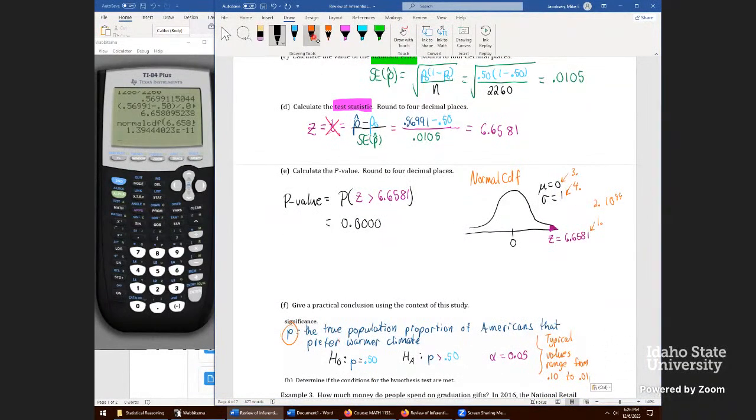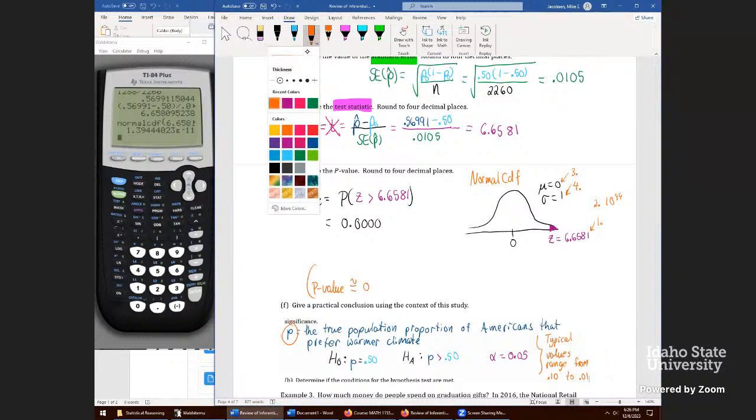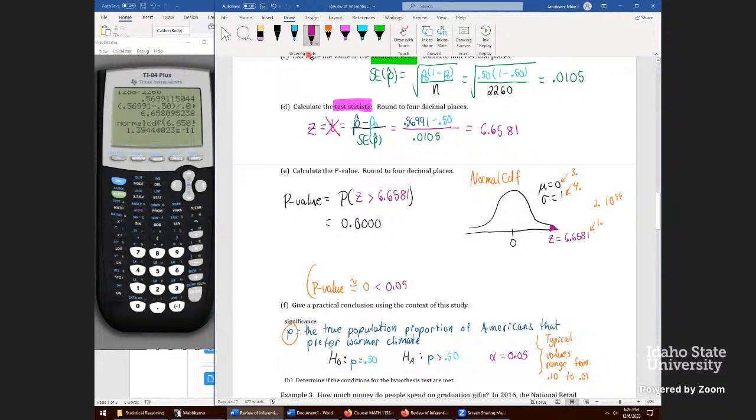We have an essentially zeroed out p-value, and in the notes, I usually always write down this statement just to organize what we're about to say next. Since the p-value, which is essentially 0, I'll just write approximately 0, and that 0 is certainly less than 0.05, which is equal to alpha,